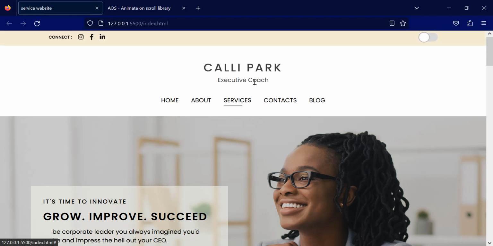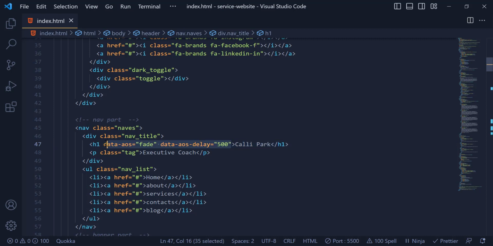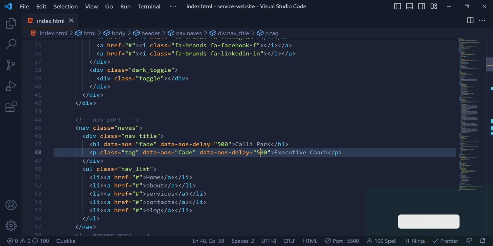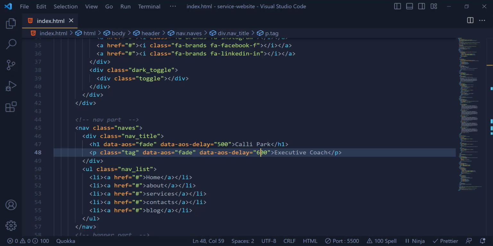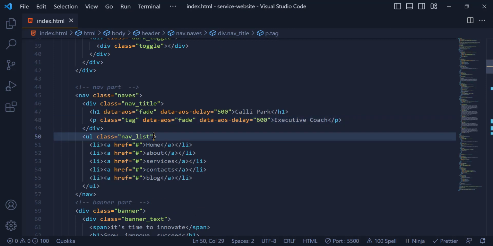Okay, now you can see it has a 500 delay, and I'm gonna copy this, add it inside here. For this I'm gonna add a 600 delay. You can see, yes, and this one also we need to add a fade up for this. So I'm gonna copy this one. So fade up,